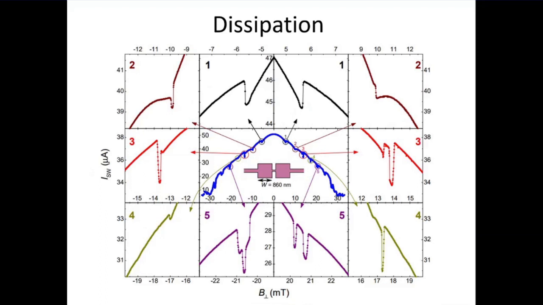So the Ginzburg-Landau simulation, as I tried to explain, always predicts this behavior. This is the consequence of the reduction of the Meissner screening current and enhancement of the order parameter in the vicinity of the box. But we find, for example, for transition number 3, that first it goes up, but then it goes down. And it turns out that actually this is the behavior predicted by Ginzburg-Landau, but here